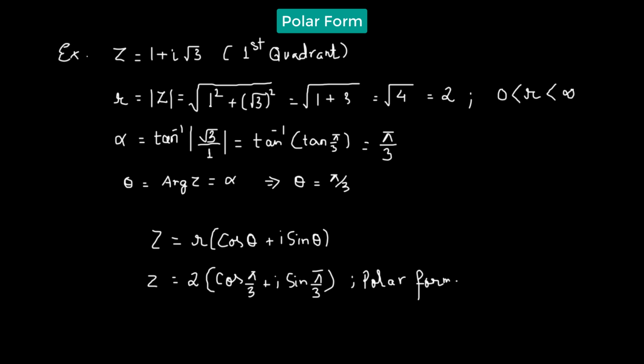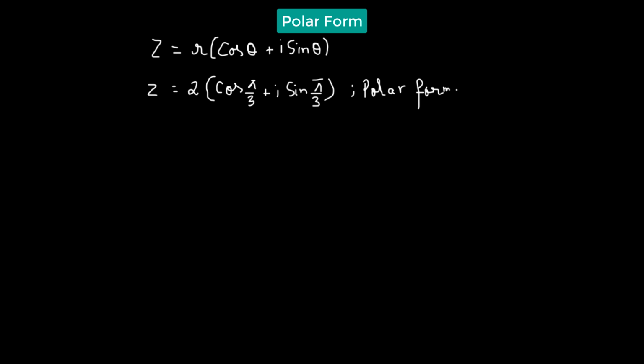Now the thing is, if we find out the value of cos pi by 3 and sin pi by 3 and then multiply by 2, then we should get exactly the complex number 1 plus i root 3. So this is just another way of representing the same complex number z, 1 plus i root 3, in the polar form. So if we are to find this complex number on the Argand plane,